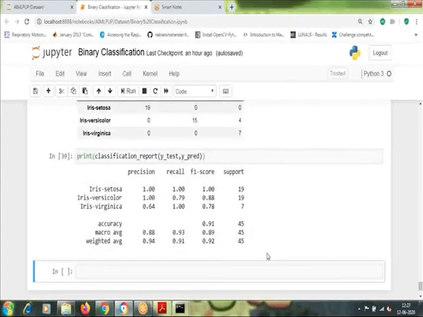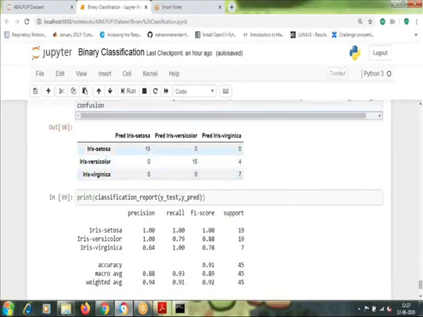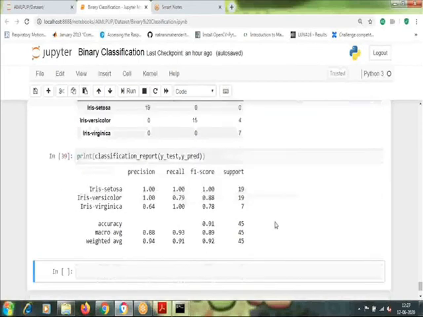And this is just for classification purposes. For multi-class classification, you get a multi-class confusion matrix, whereas for binary classification, you get a binary confusion matrix. So if the classes increase, the number of rows and columns will increase. So remember that. This is all for today.